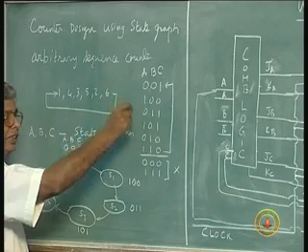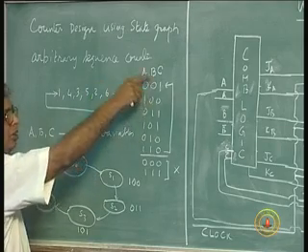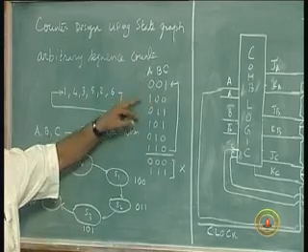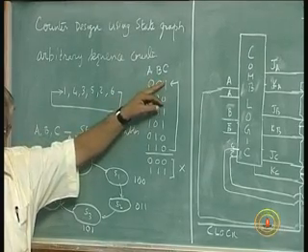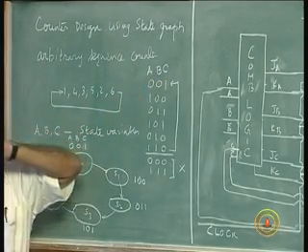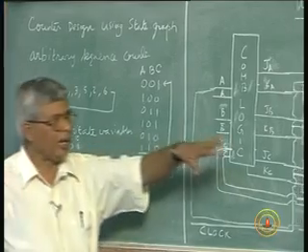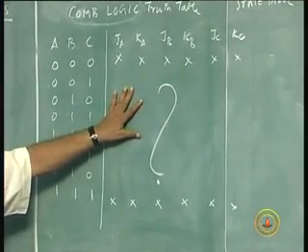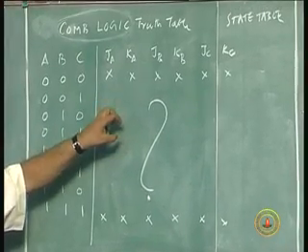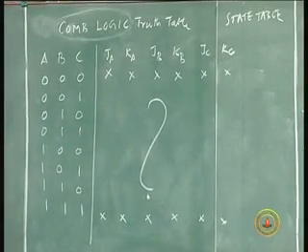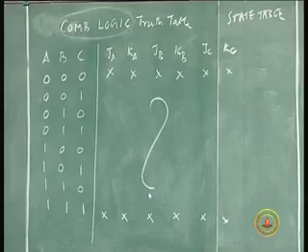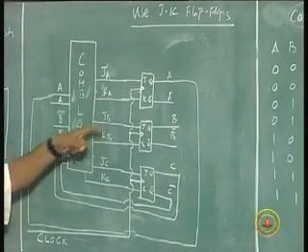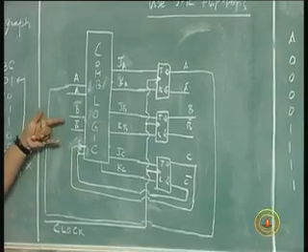For what excitation will I give for JA KA, JB KB, JC KC, so that the next state of A will become 1, next state of B will remain 0, next state of C will become 0 from 1. So, my table has to have that information here, JA KA, JB KB, JC KC, and that will be simplified, and that will be the steering logic now, this combination logic which is going to steer the flip flops from state to state. Earlier we had only DA, DB, DC, 3 outputs corresponding to 3 present states,